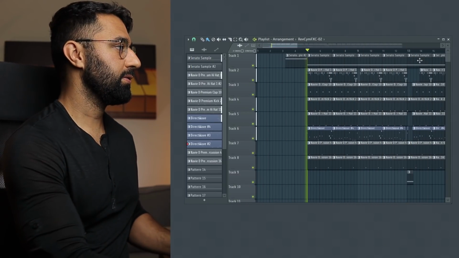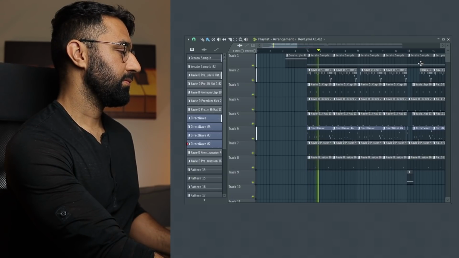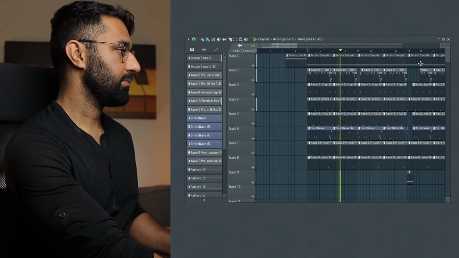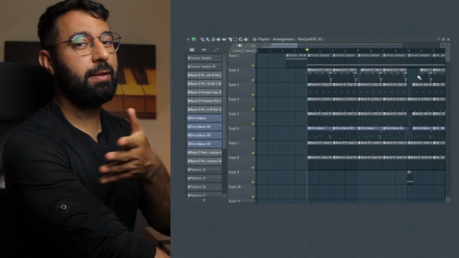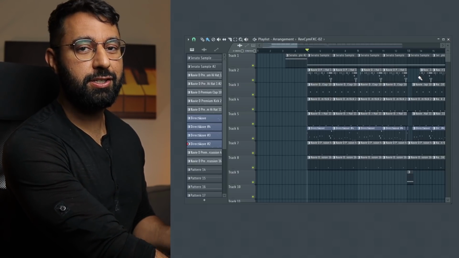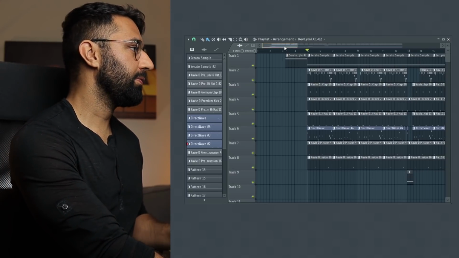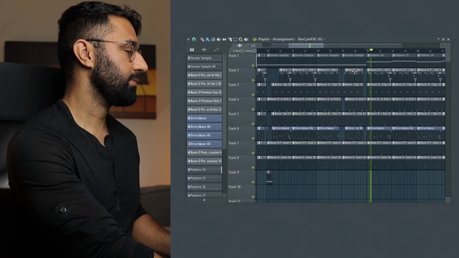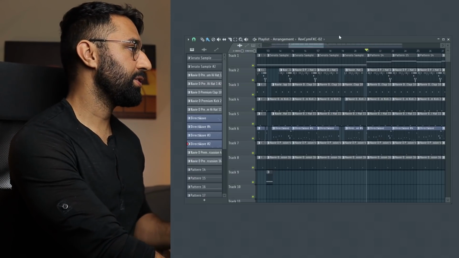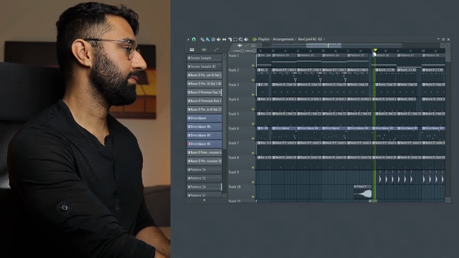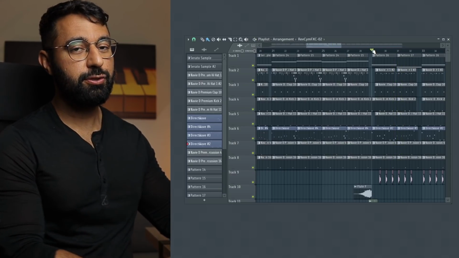So for instance, with this beat that I made here that you heard in the intro, you can hear we have the main loop right here, but later on in the beat, we have the hook section where we have some additional instrumentation that comes in on top of this main loop right here. As well, I also have a bridge that I built in this beat as well. Now, all of this was built using one sample.